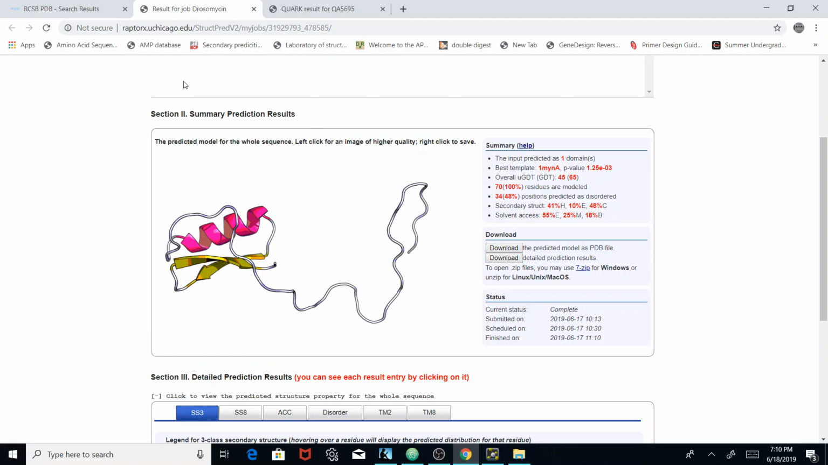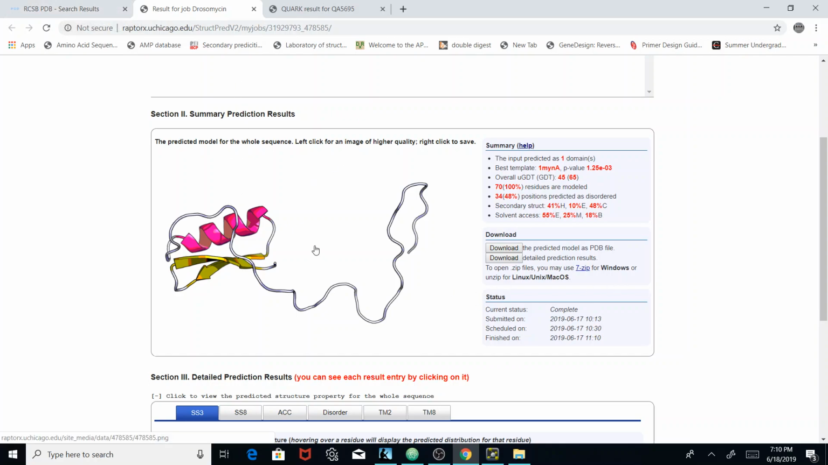Okay, so now we're going to go over the results from the predicted structures from the different features that we used from Quark, Raptor, Swiss Model, and Scratch. And so here are the results